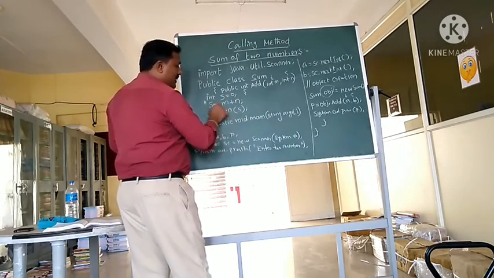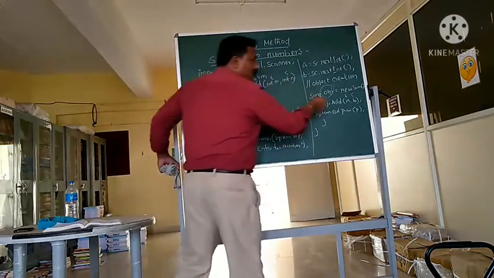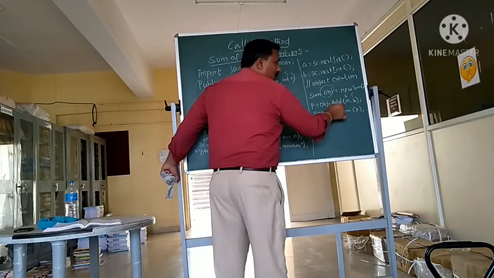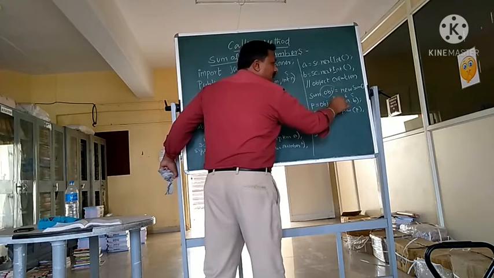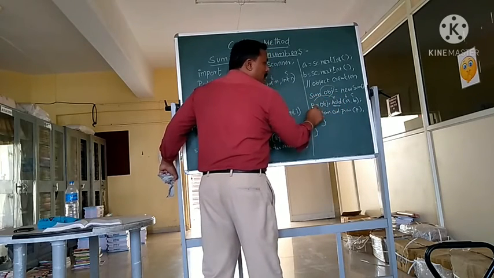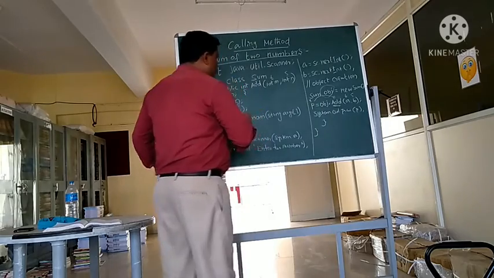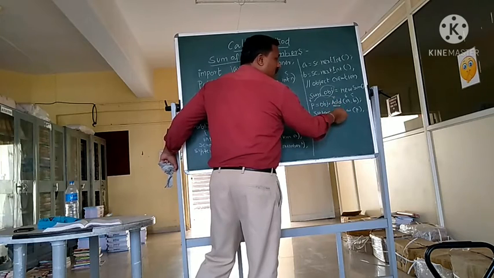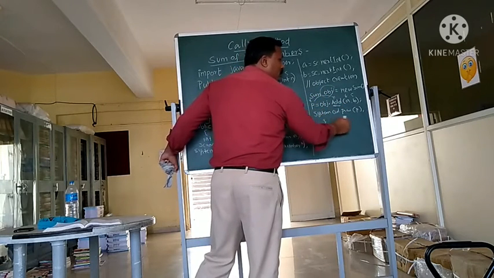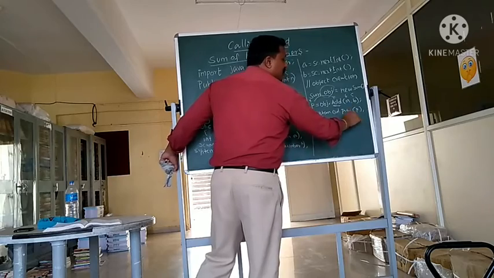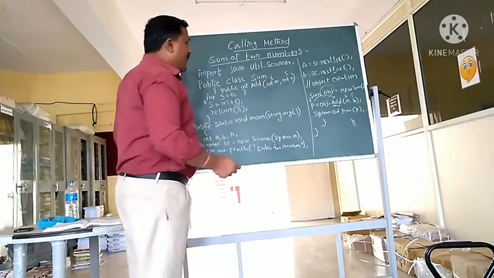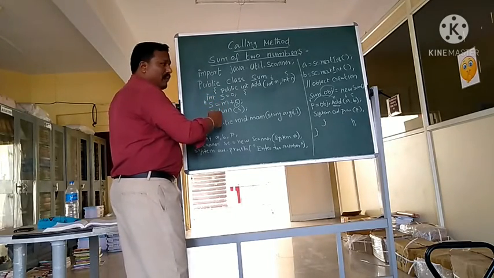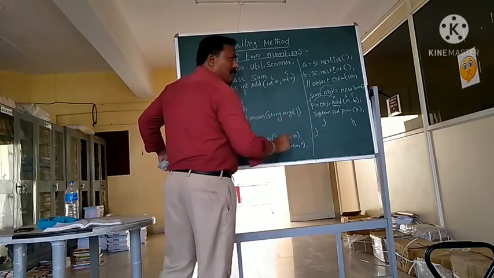So return s means the value 11 is transferred through this method and sent back to the caller. This is the caller method, right? After that the 11 comes here, and 11 is assigned to variable p. The same value stored in s is transferred back to the caller function and assigned to p. Now I print the value of p, so finally I get the result 11. This is the way we can do some process, we can add or do whatever processing.